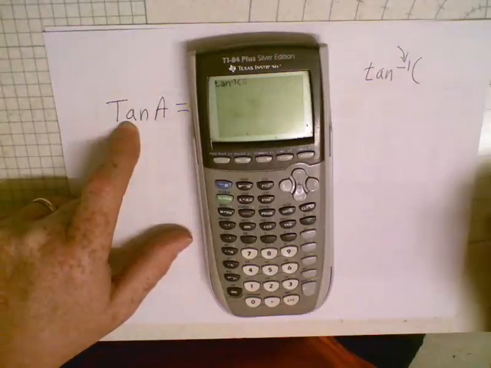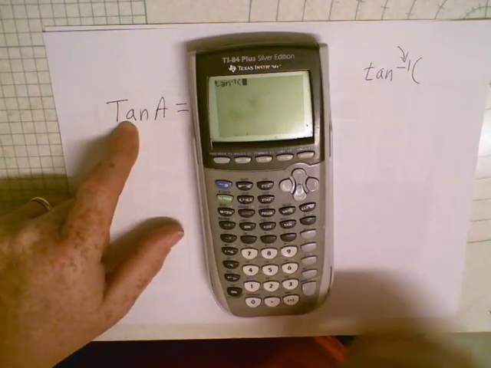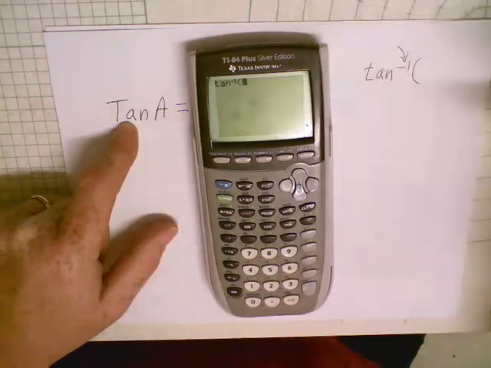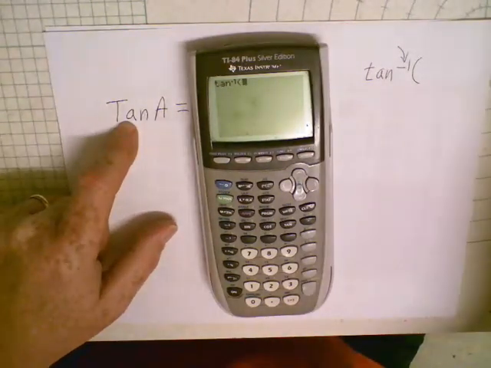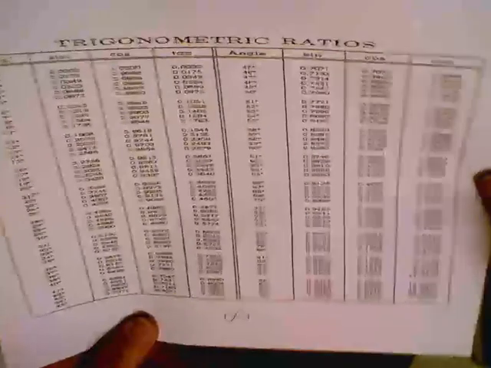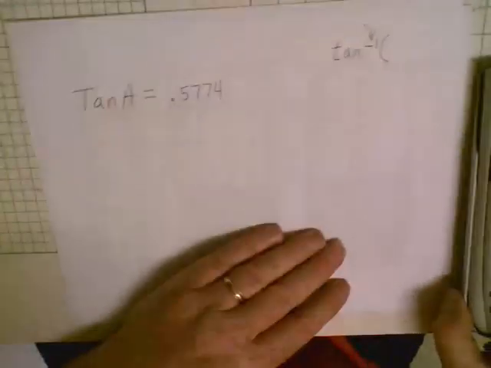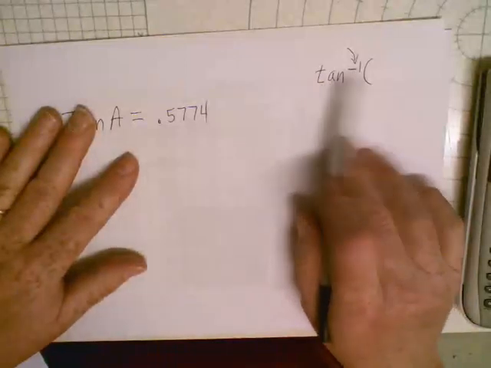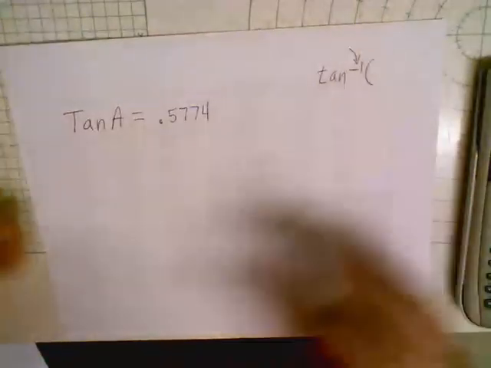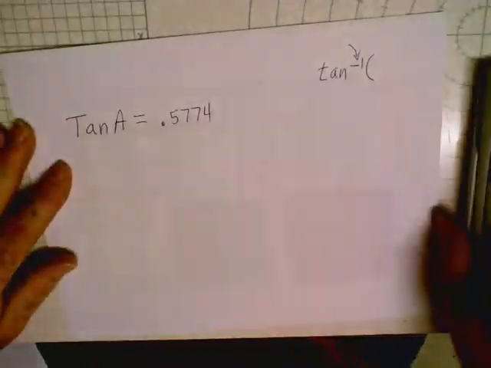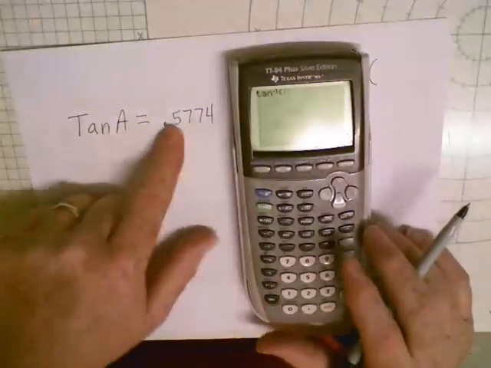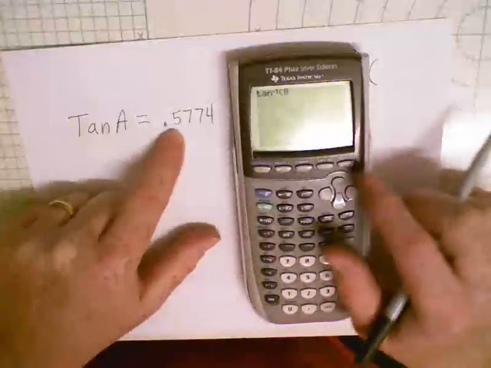This -1 is telling you that you're doing the inverse, or the opposite of what you want. So in other words, you're using this chart. You're telling the calculator, hey, I want to use this chart, but I want to use it backwards. So I want to start here and go out to the angle. That's what that means. So anytime you see that -1 on something, that means the inverse, or sort of the opposite. And I just punch in second tangent, then I put in the number